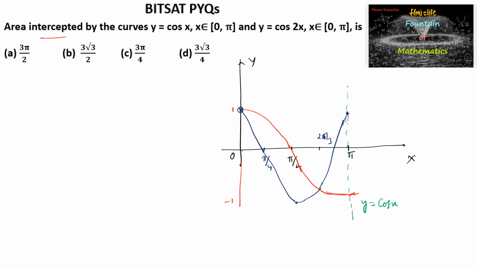And here we can see that these two curves are intersecting at the 2 points, here A and B. The B point has x coordinate 2 pi by 3. So we can say the shaded region, or the required region, is intercepted between these two curves. So required area